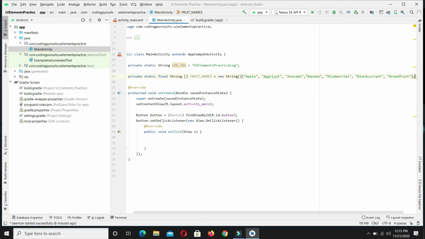So these are enough. You can write as many options as possible. So now let's come to the code.